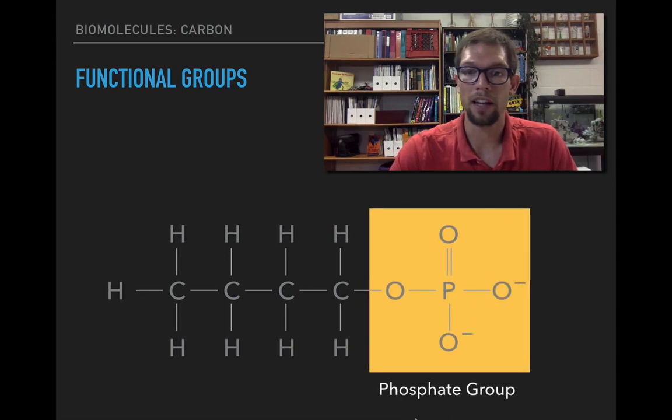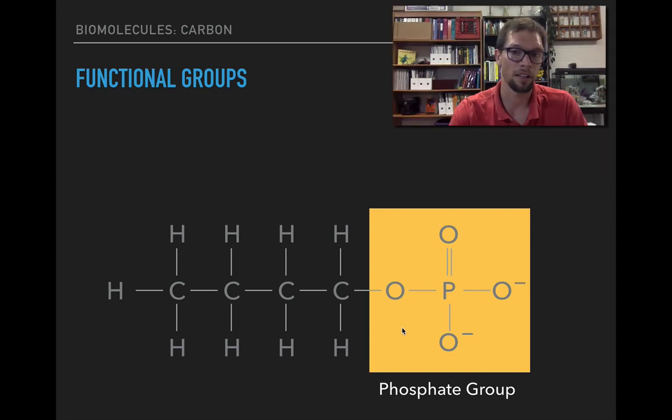And then another one that is important is the phosphate group. So this is a phosphorus with 4 different oxygens coming off from it. Important in the nucleotides. It's an important modifier in proteins as well. So we'll see this in a variety of places